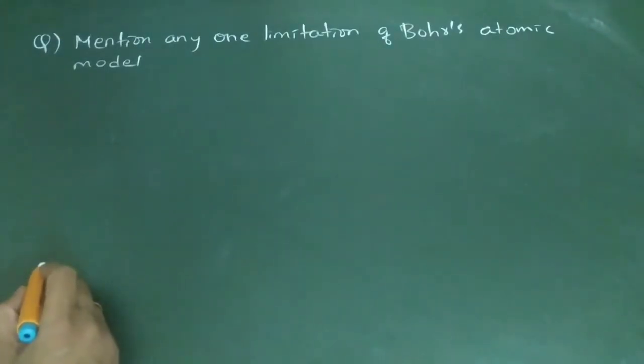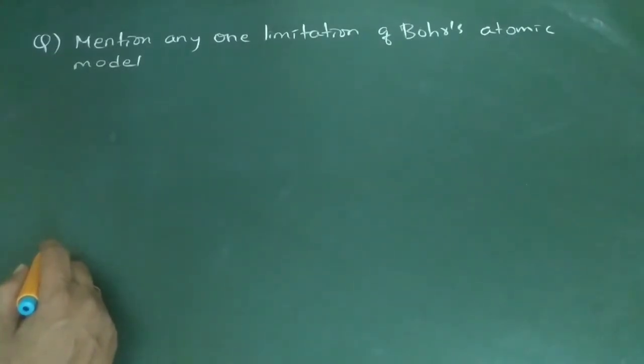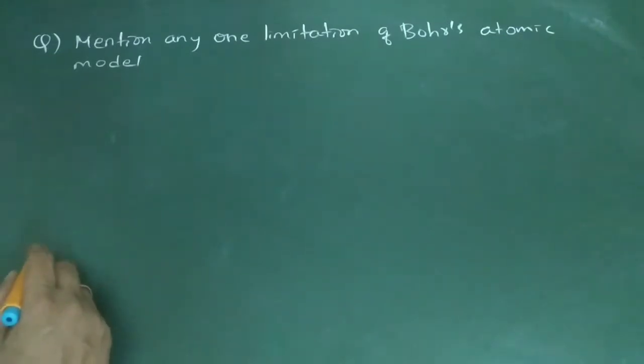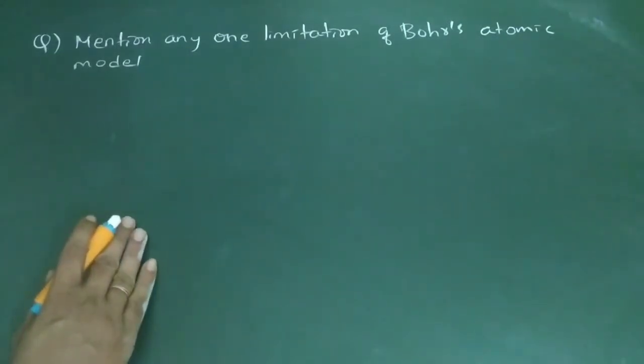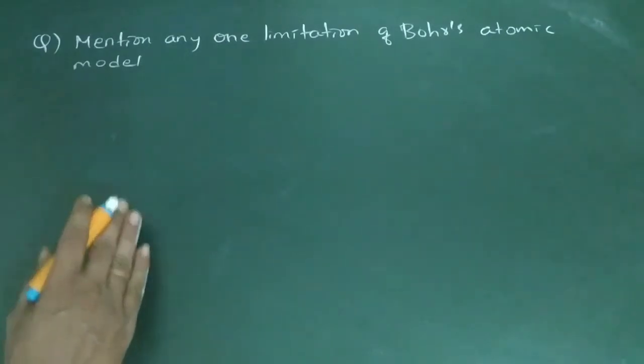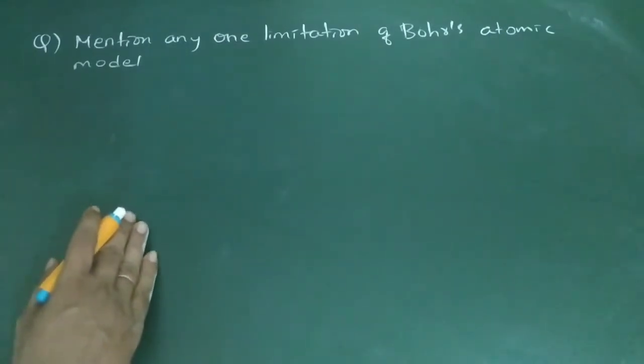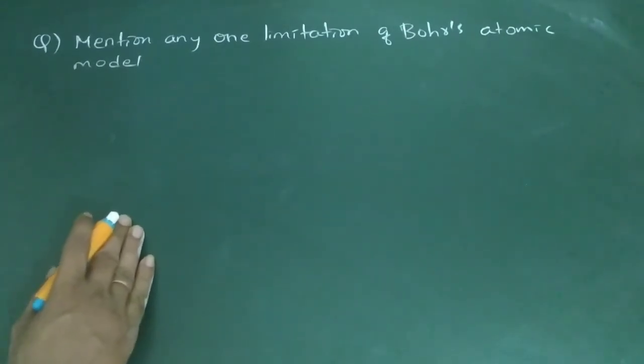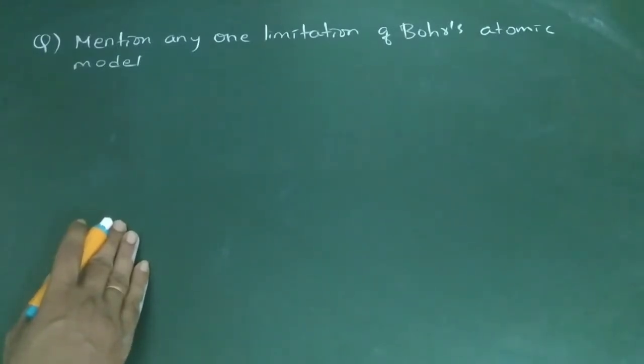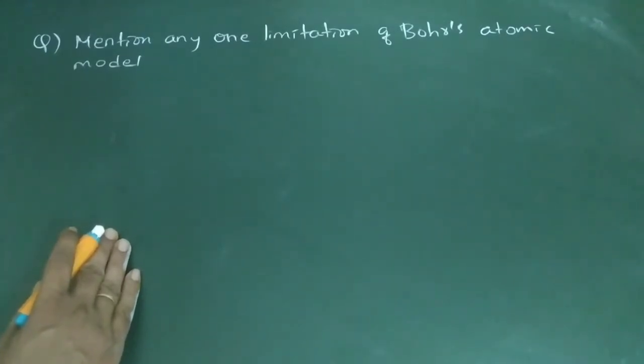Usually you can find questions from atoms. This time you can expect them from the atoms chapter, one 1-mark question and a 5-mark question. The 3 expected derivations I have already done. From the model paper, one more question is asked: mention any one limitation of Bohr's atom model. You have to read it for 1 mark. For the atoms chapter, please prepare for 5 marks as well as 1 mark. I am repeatedly saying, first you finish these things I am telling. Go for 1 mark and go for 5 marks, which you can expect from the atoms chapter.